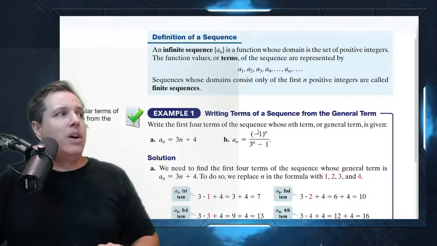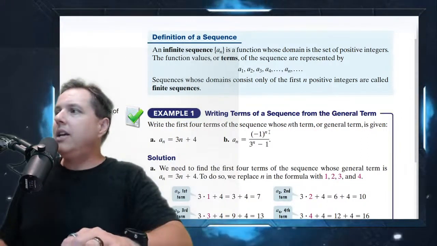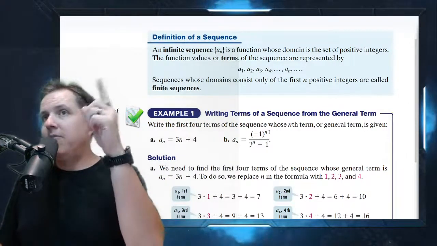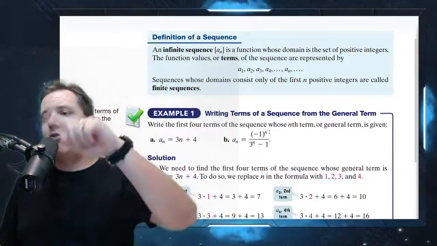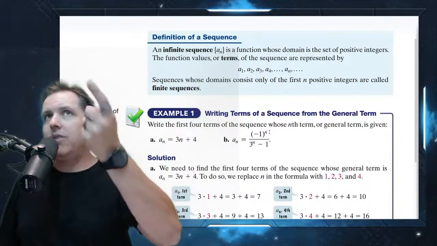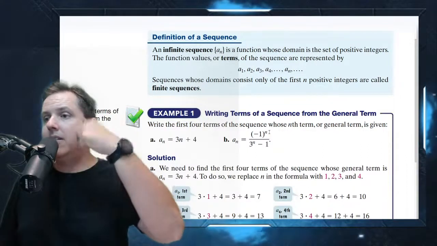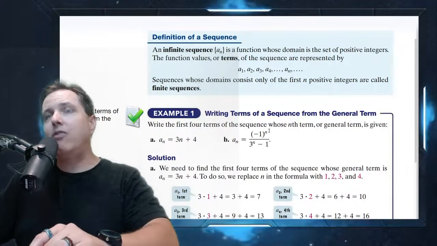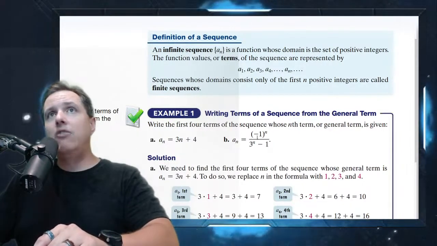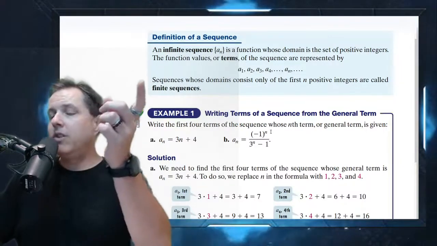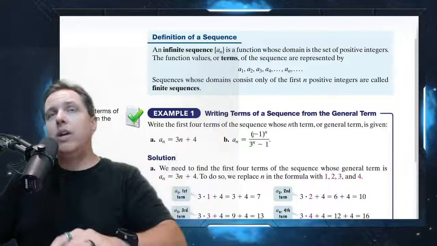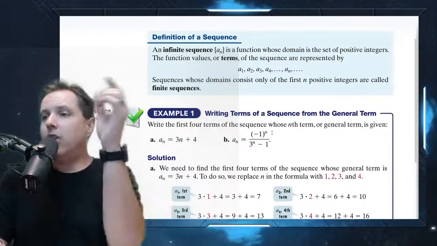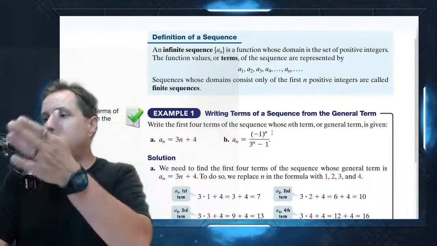And what is this -1 to the n? You're going to see this a lot in sequences and series, and the reason that we do that is to oscillate the sign. So sometimes you'll have a pattern where you want an oscillating sign. You want a positive, then a negative, then a positive, then a negative, and that's how you get that oscillating sign, by raising -1 to a power. Because whenever -1 is raised to an even power, it just becomes 1. But when you raise -1 to an odd power, it becomes -1. So then all your even terms will be positive and all your odd terms will be negative.